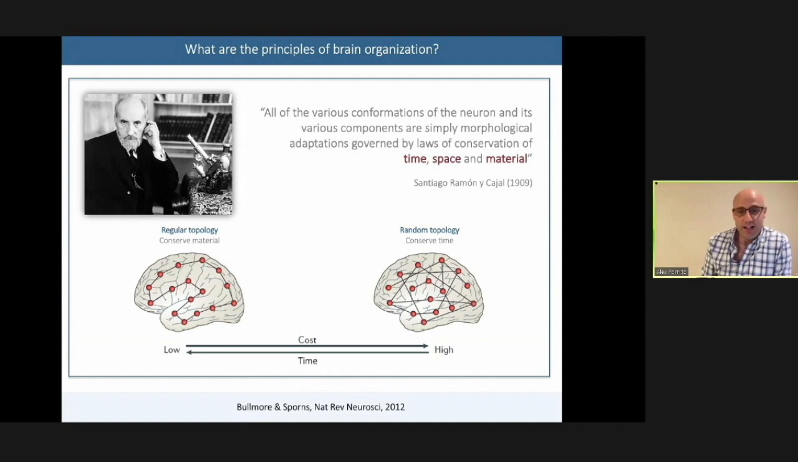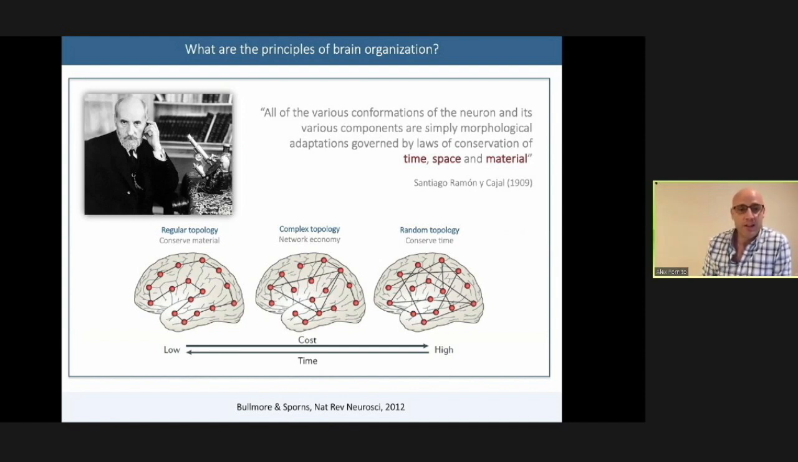Now, it turns out that brains occupy a space somewhere in between these two extremes. They have mostly short-range connectivity, which helps to conserve material, but they do have some strategically placed long-range projections that act to reduce communication times throughout the network. So it's really not about optimizing any individual conservation law, but really striking a balance between these trade-offs between the